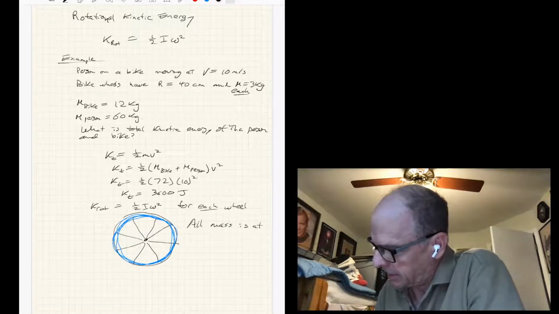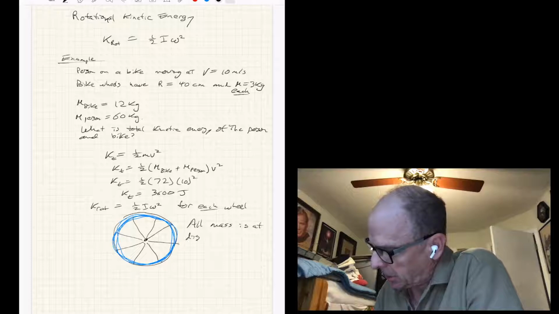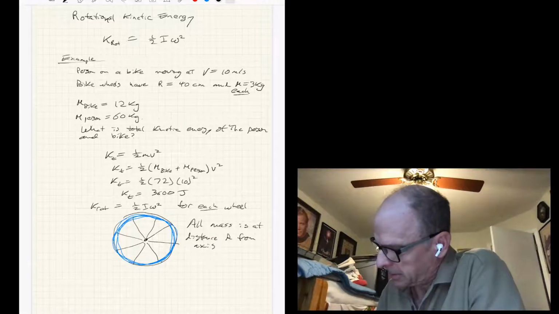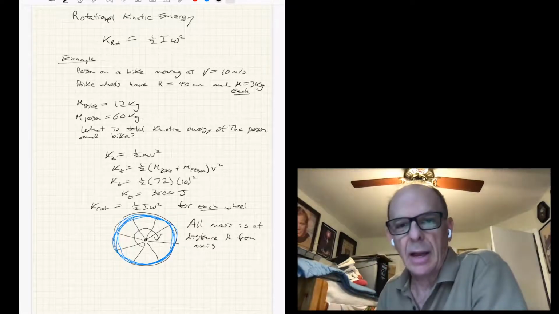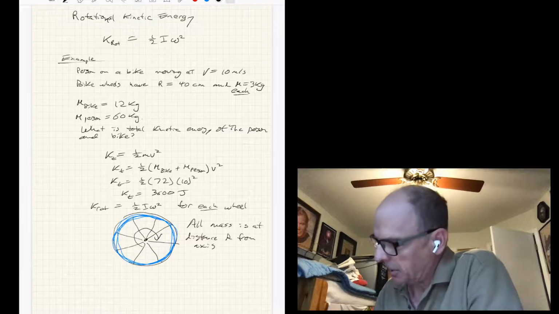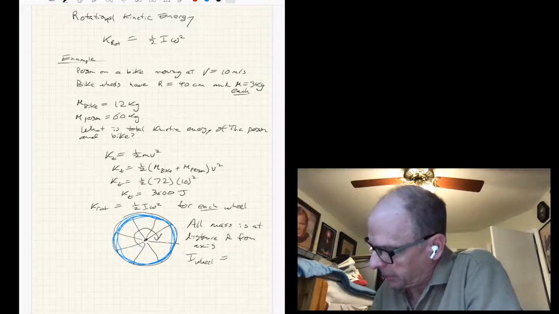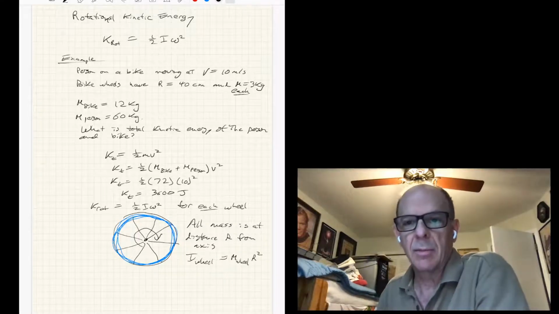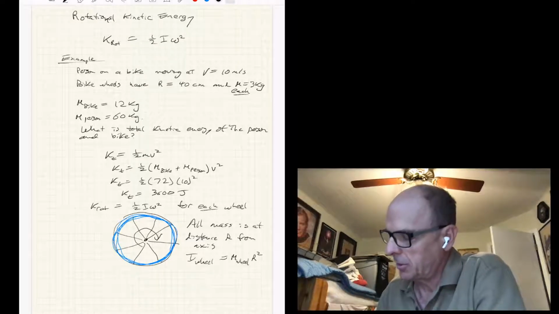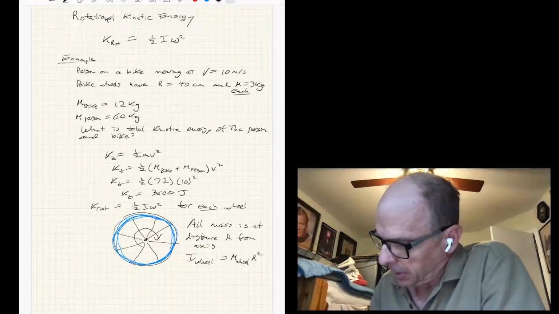Is at distance r from the axis. This thing is rotating like that. And so that means that I for the wheel is just m wheel times r squared. That's the equation for moment of inertia. So for each wheel,